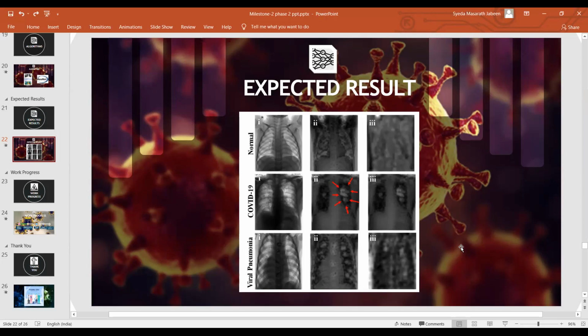Not, sir. Just when they enter their names and credentials, it will be prompted to another web page where they will see their image displayed as normal, viral, or COVID-19 pneumonia. Okay, your data set is also images? Yes, sir. How many images are you considering? We are considering 5,856 images. Along with that, do you have all the data like age?